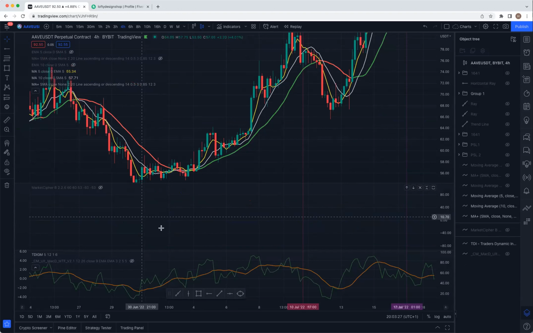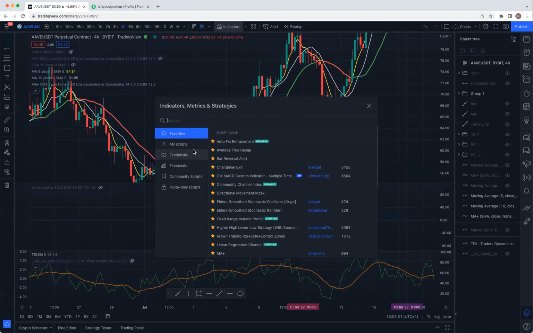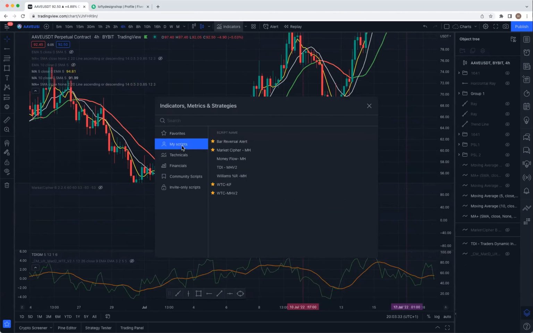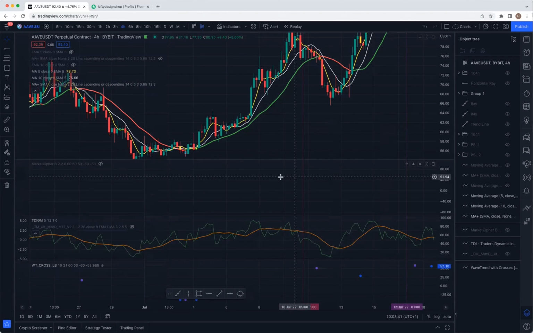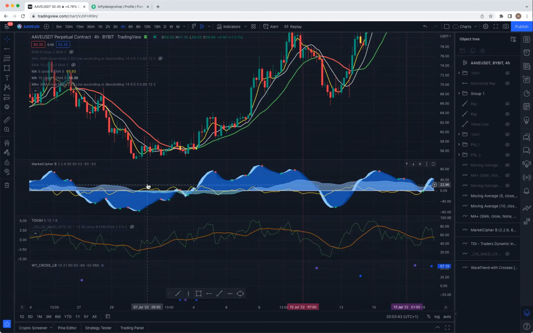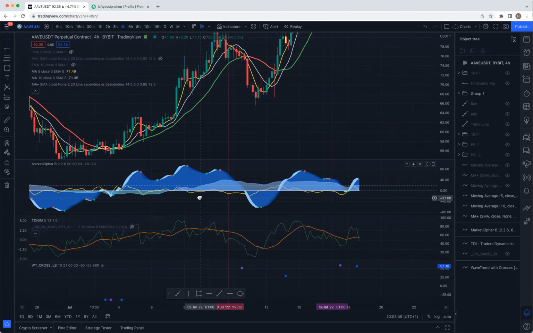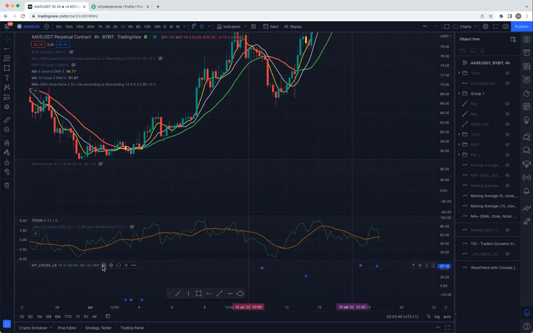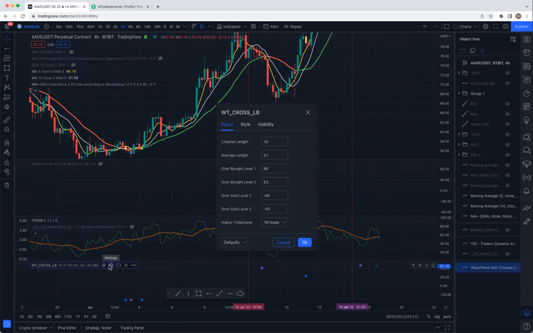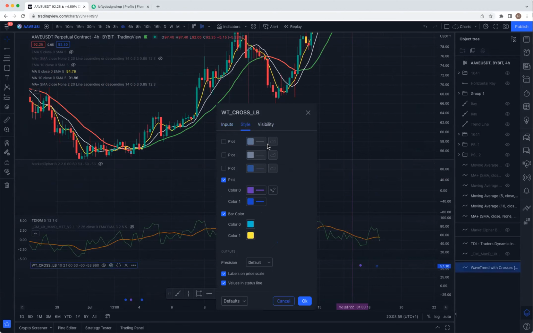Just close this completely. Now you have to go back into indicators. Because you've saved it, it will be under my scripts. And then you go and get it. You know, I mean, I called it some other name previously, so it will come up. You see, when it comes up, sorry, I don't think there's the one. There's the WT cross. Yeah. So when it comes up, you go into settings,